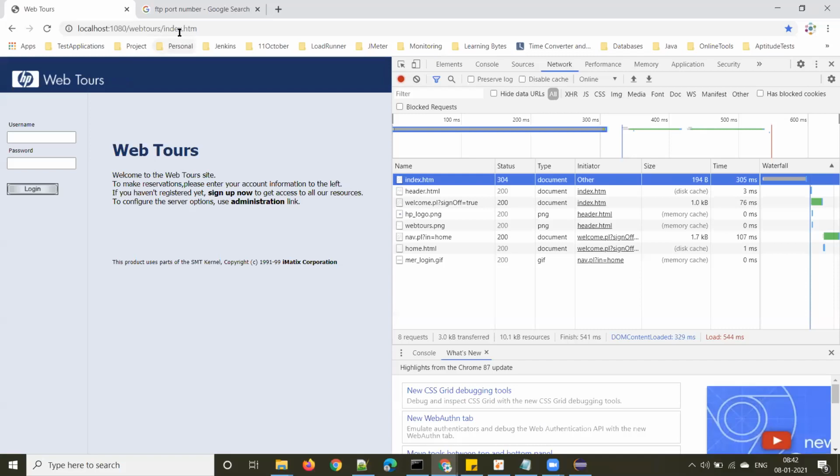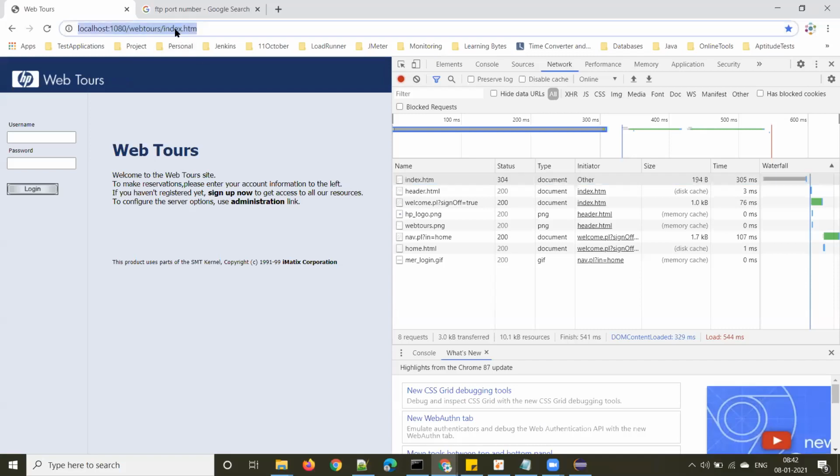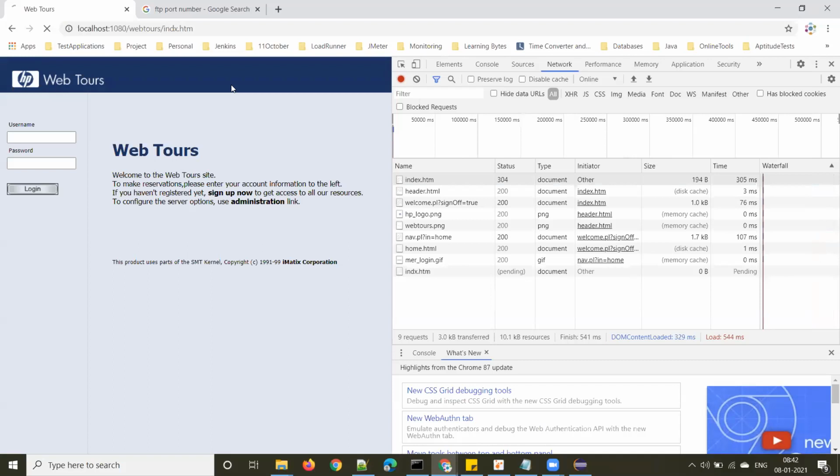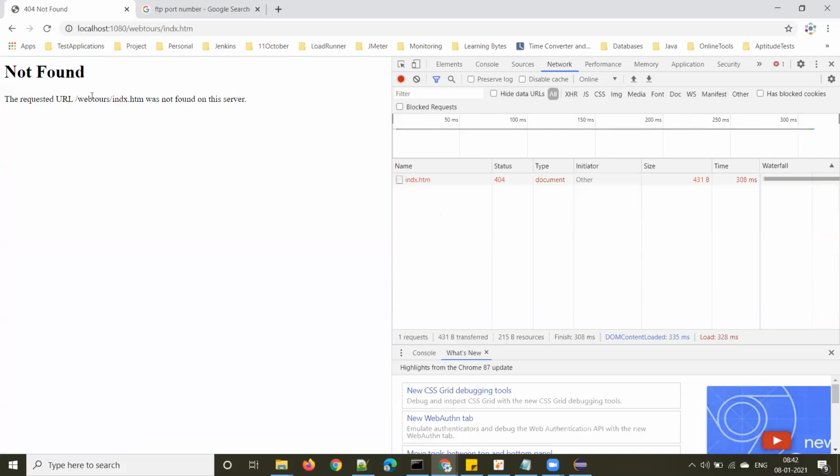Suppose the index.htm page is there. By mistake, there is a typo and you have sent a request like this. You see this 404 not found, right? All these response codes starting with number 4 indicate that there is some client side error.